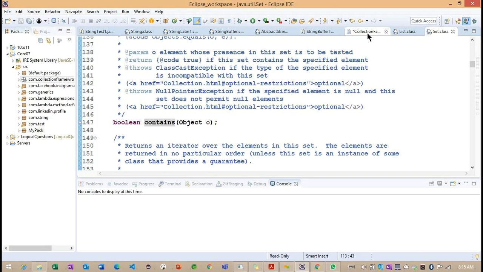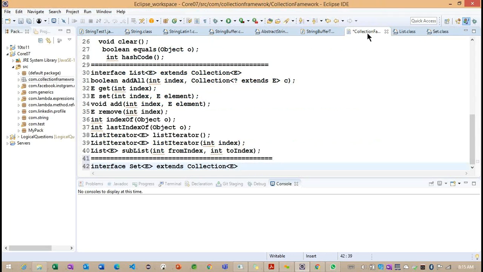Getting the point? But why was it introduced here? If it does not have any specific methods, why was this Set interface introduced? The purpose is different here. The List purpose is different and the Set purpose is different. We need to understand this very carefully. Basically, this Set interface will not allow duplicate elements. This is very important. This Set interface is not going to allow the duplicate elements.